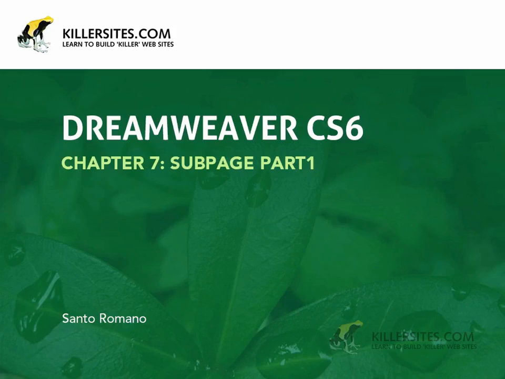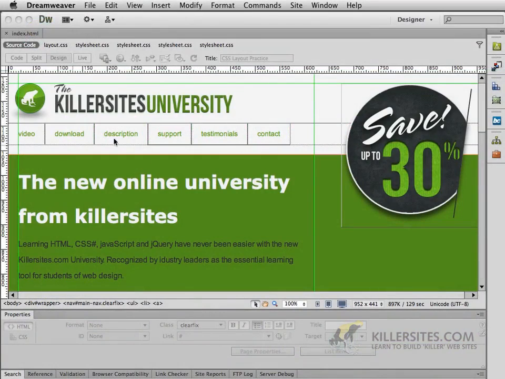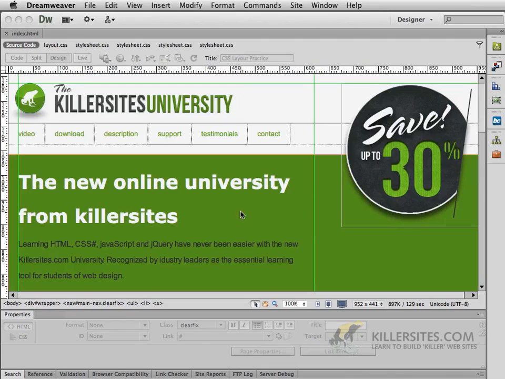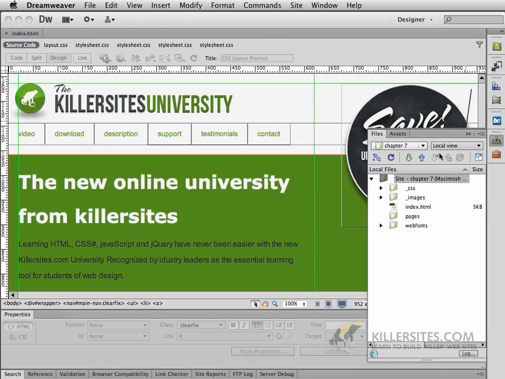In this next movie, we're going to be creating all of the subsequent pages for our particular website. Now, these subpages will eventually be turned into templates, as we will see in an upcoming chapter. However, just to get us started, let's create those links to the pages, and we'll create one of those pages itself. So the first thing I want you to do is to take a look at your files, and if